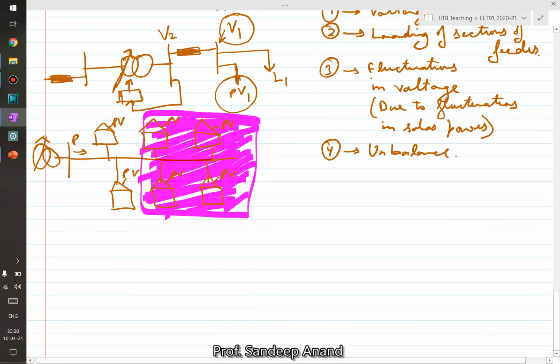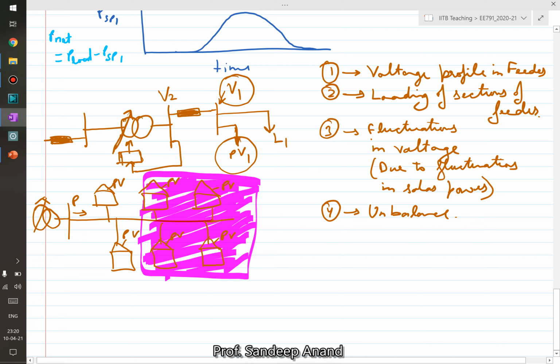Let's say a three-phase feeder where each single phase goes to a few houses, and now again if a cloud cover comes in, during the transient some of the houses may get covered together, which might cause a bigger unbalance in the system because that particular phase gets less power compared to the other phases. So it does depend on a lot of factors, how you are distributing houses onto different feeders,